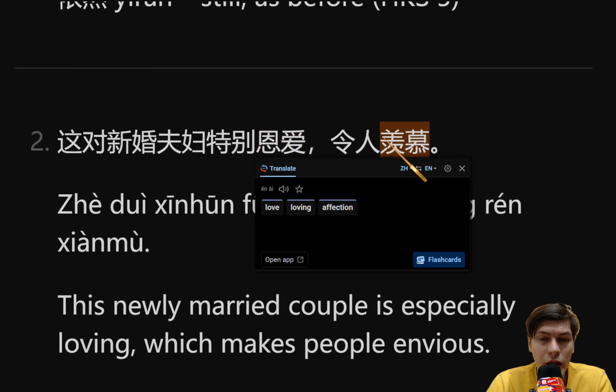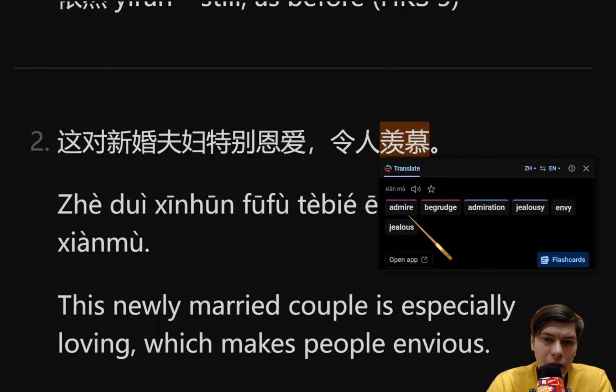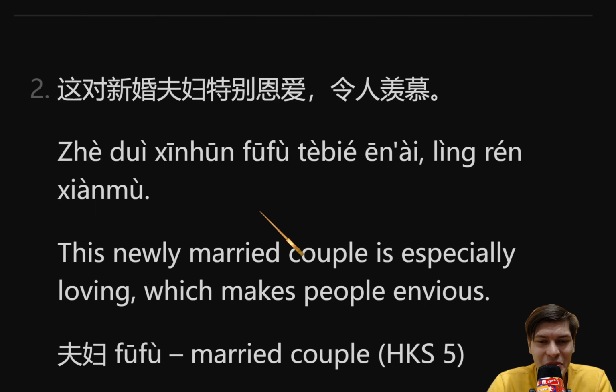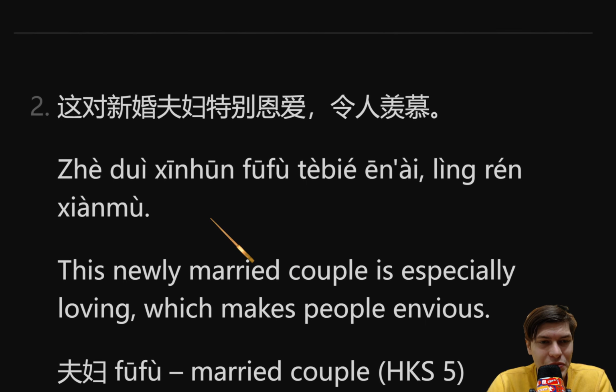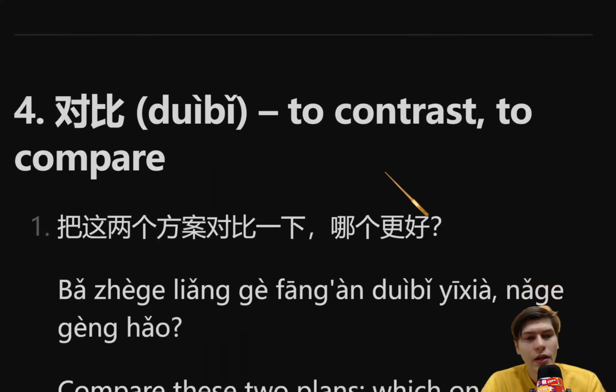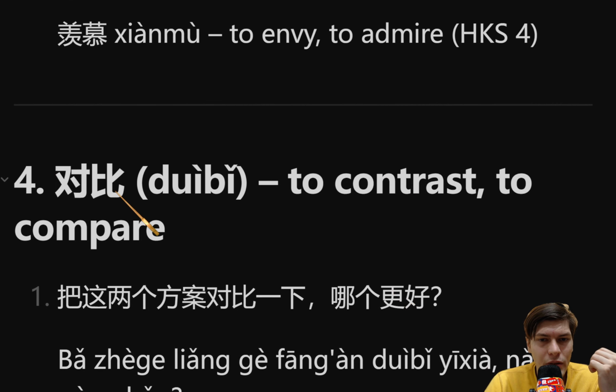But this one, 羡慕, could also be admire or envy, jealous, and it's pretty different. Okay. 这对新婚夫妇特别恩爱，令人羡慕。